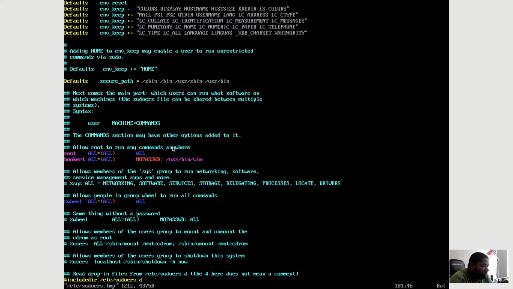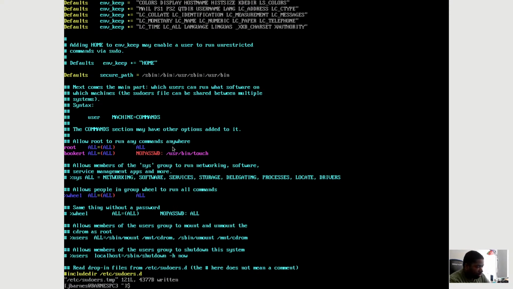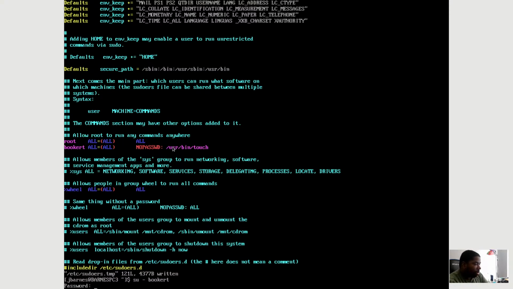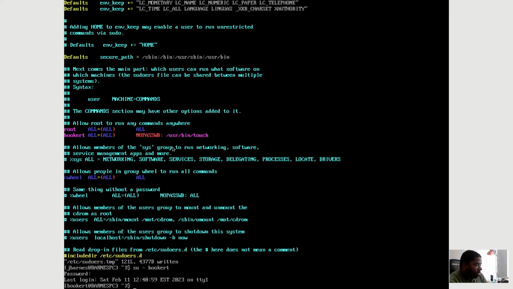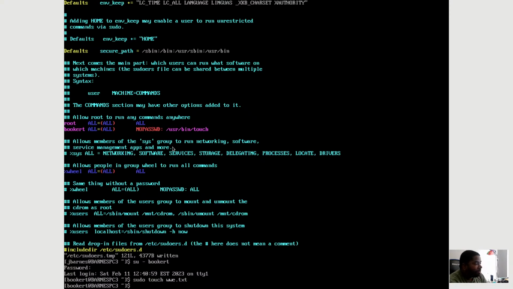But I could make it where he can do touch. I'm going to say touch. He can create a file, but he can't edit the files. So let's say I gave him access to the touch command, which is in the /usr/bin directory. Now let's let him hop back on. So he can do touch, like sudo touch and a file name .txt. He can do that, but if he tries to run Vim,